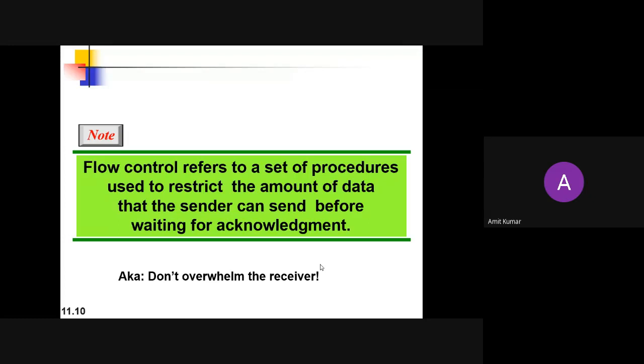So there are various procedures to send the data, or various ways to control the flow of messages. Where you are having the acknowledgement, this type of scheme is known as the request acknowledgement scheme. First node B is going to request, okay, I am free, I have received all the data, so now you can send me the data. Once it receives all the data, it will acknowledge node A.